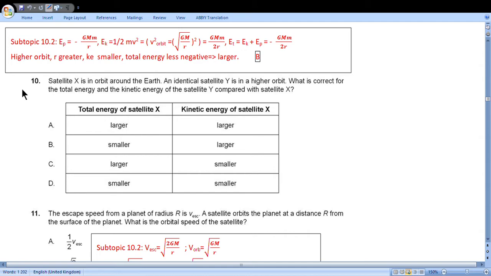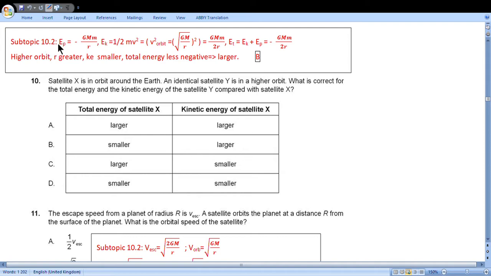Question 10. Satellite X is in orbit around Earth. An identical satellite Y is at a higher orbit. What is correct for total energy and kinetic energy of satellite Y compared with satellite X? So let's look for a higher